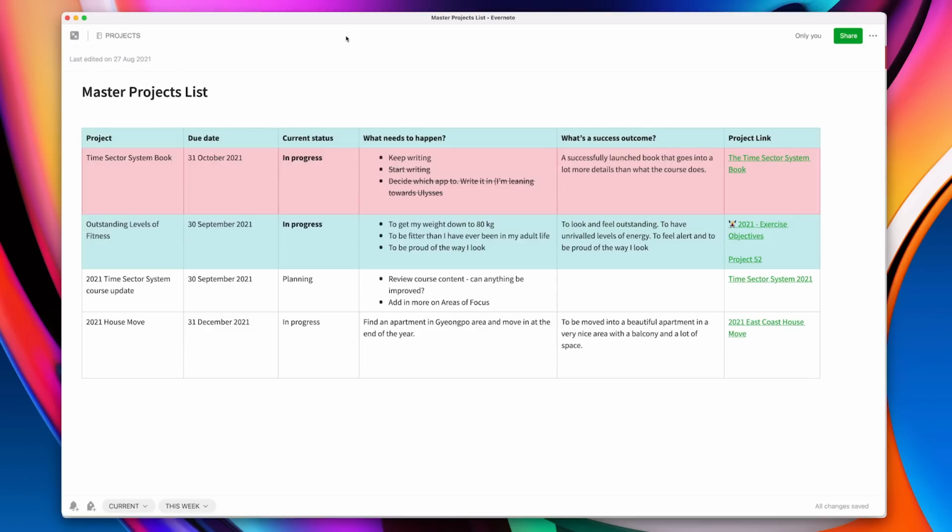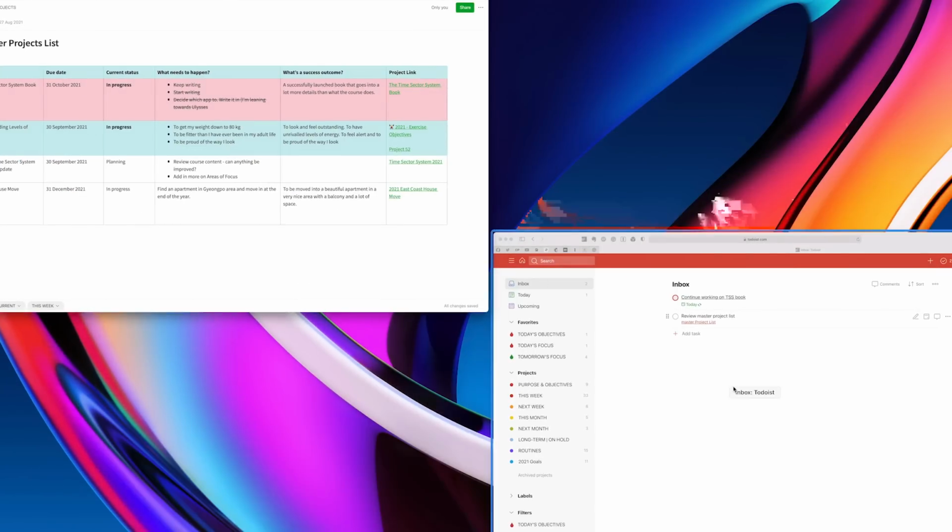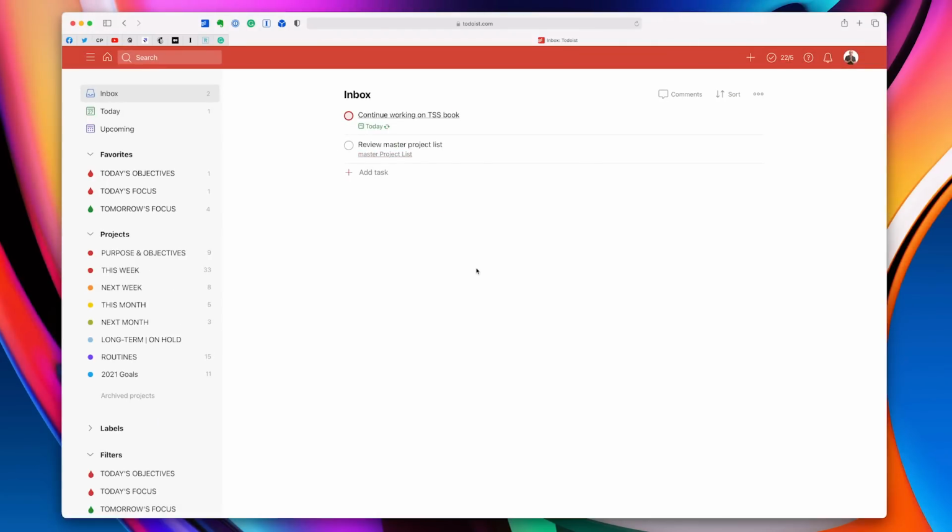I can create the project note. I can put the project link into here so I can get quick access to any of my projects that I'm working on, and boom, it's there. It's ready to go. And that's the way I like to keep my Todoist, and this is how I keep Todoist clean and tight,